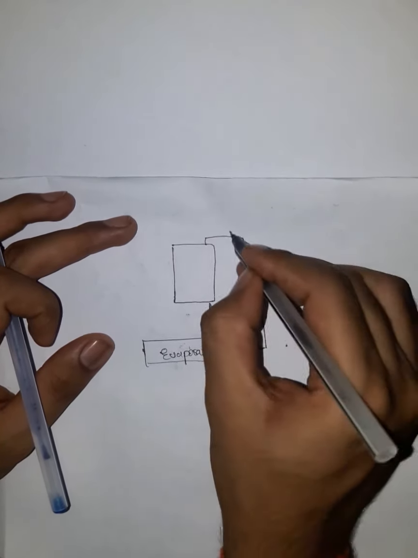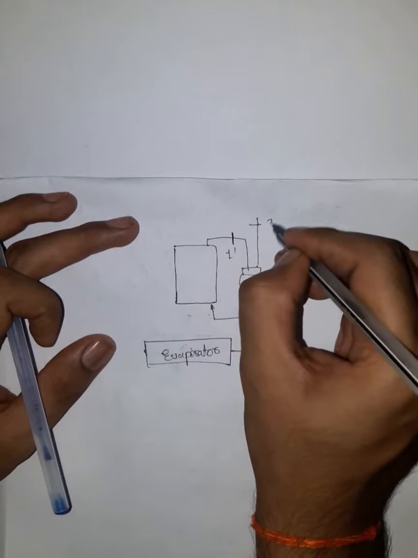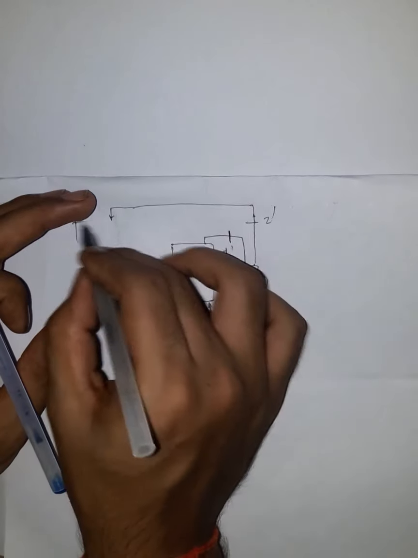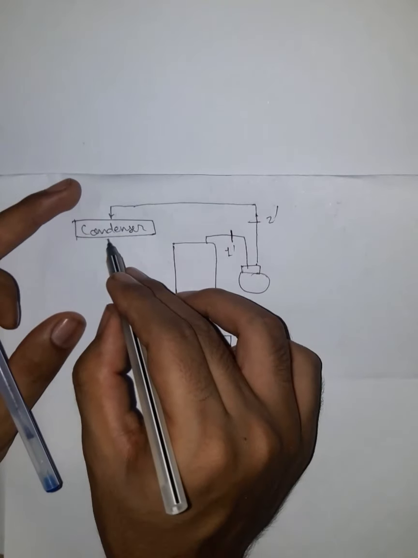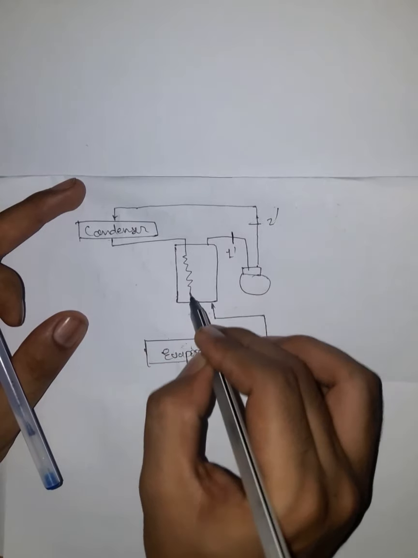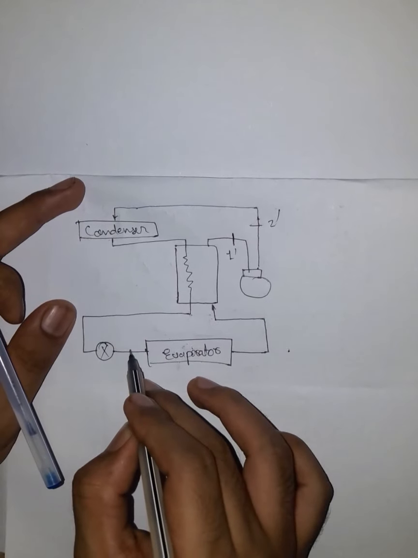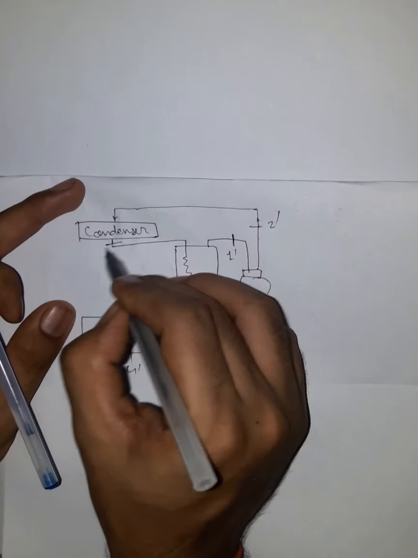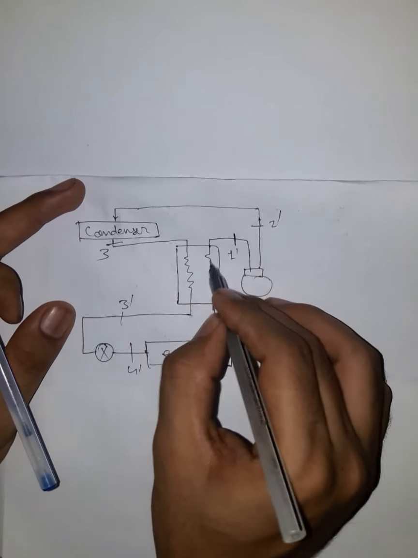This is the compressor over here. Let us say this is state 1 dash, and from here the state is 2 dash after the compressor. Where does it go? It goes to the condenser. So here we have the condenser. In the condenser, what happens? The heat is rejected, and after rejecting the heat it goes again to the heat exchanger, and then to the expansion valve, and then it is again connected to the evaporator. These are the various states that I have represented over here. This is state 3.